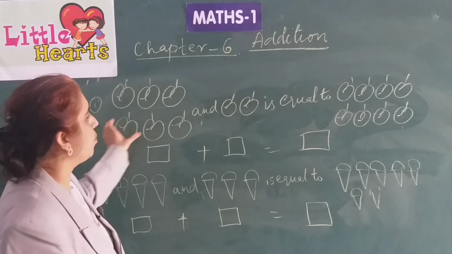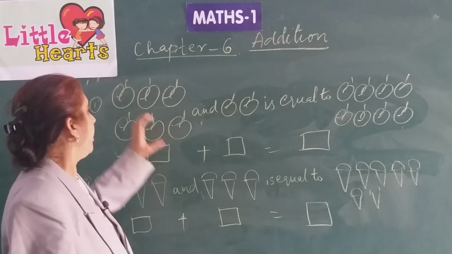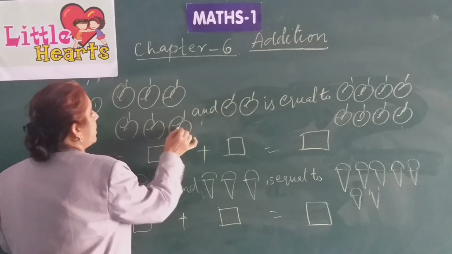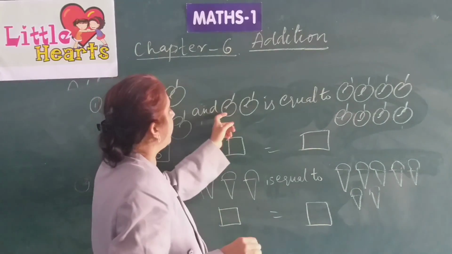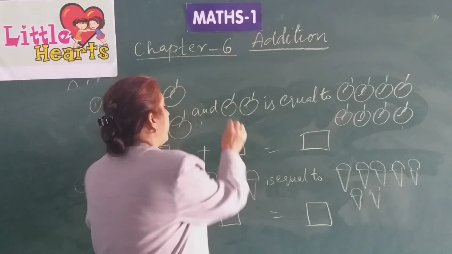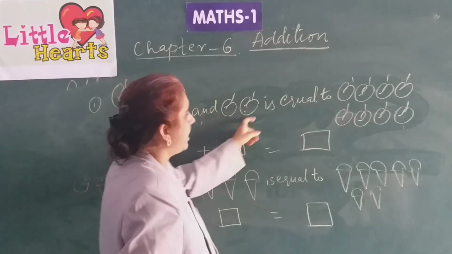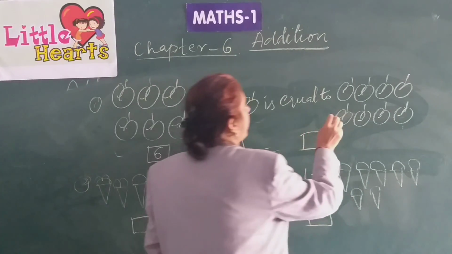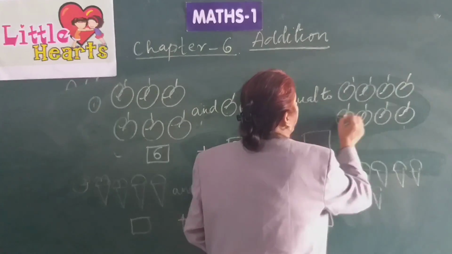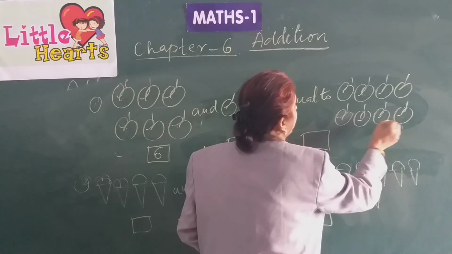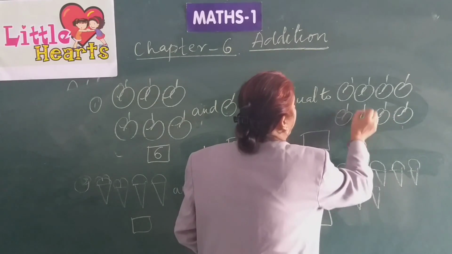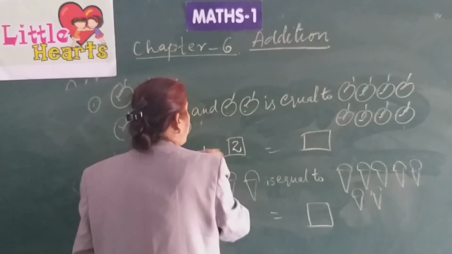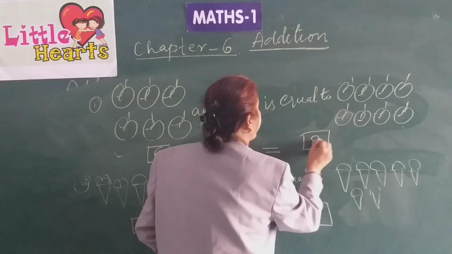Yes, children, here are 2 sets of apples. In the first set, count the number of apples: 1, 2, 3, 4, 5, 6. And in the second set, there are 2 apples: 1, 2. How many do we have after combining the 2 collections together? 1, 2, 3, 4, 5, 6, 7, 8. Just forward counting. 2 more apples are added to the first group, so forward count 7 and 8. 6 plus 2 equals 8.